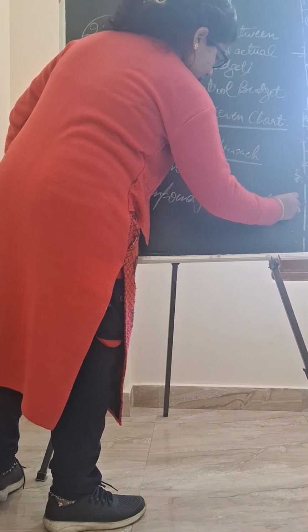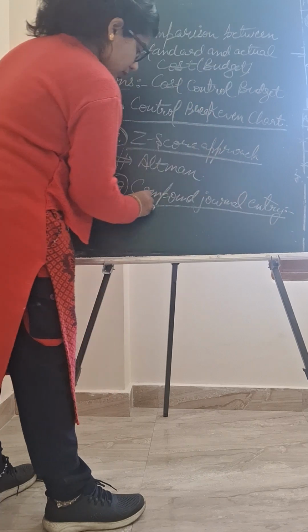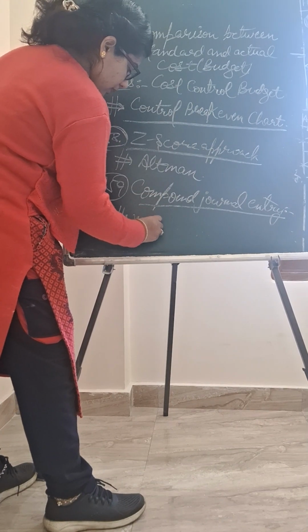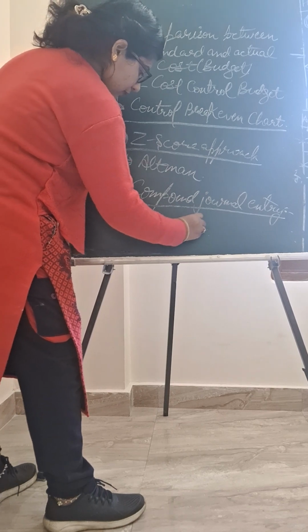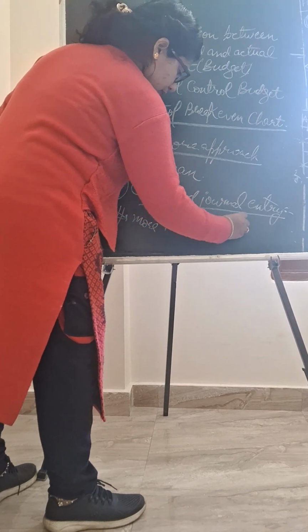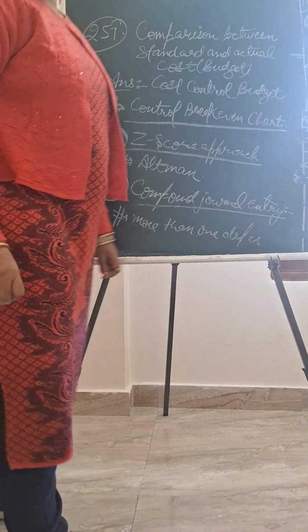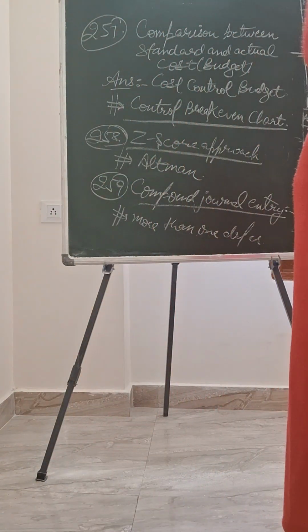Compound journal entry: more than one debit and credit. It is called a compound journal entry. Next we have